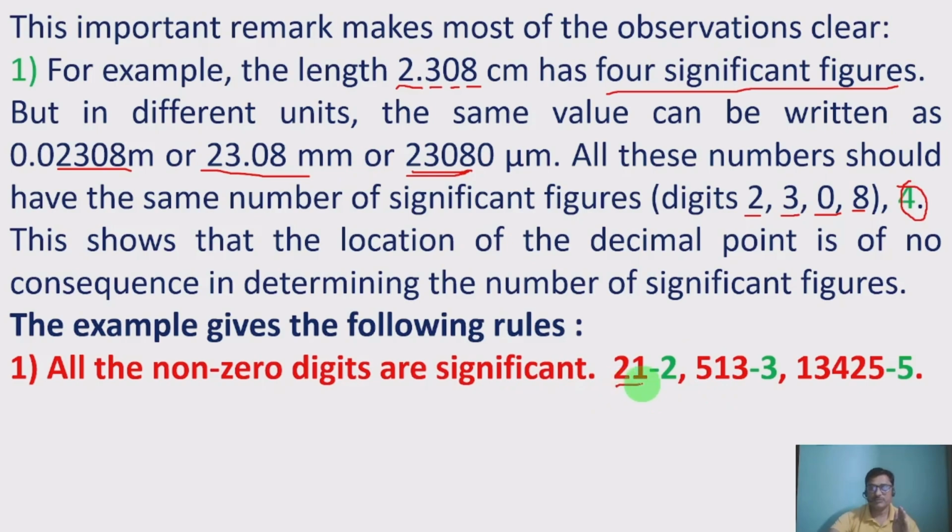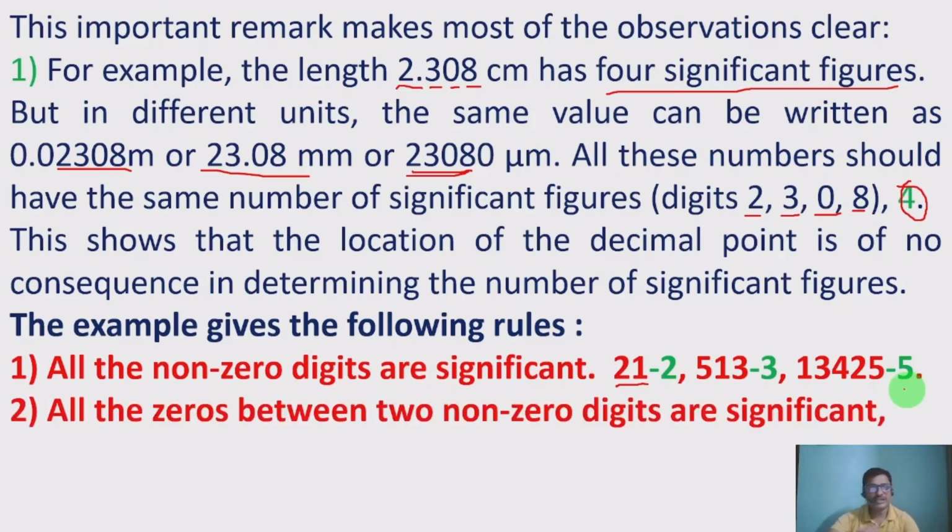In this one example, 21, 2 and 1 are non-zero, so 2 significant figures. 513, all 3 are non-zero, so 3 significant figures. And here 1, 3, 4, 2, 5, all 5 digits are non-zero and all are significant figures. Then moving to the second rule,